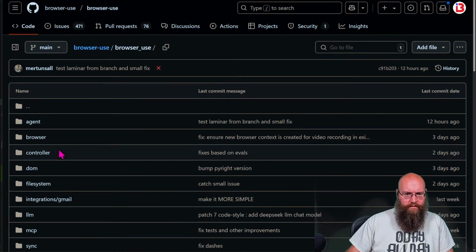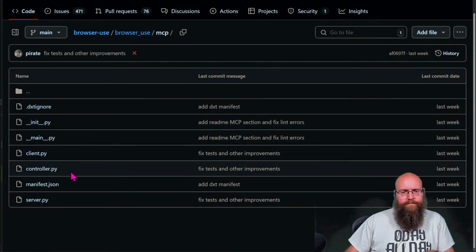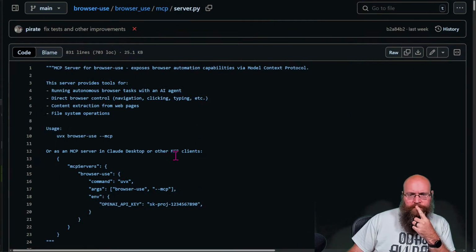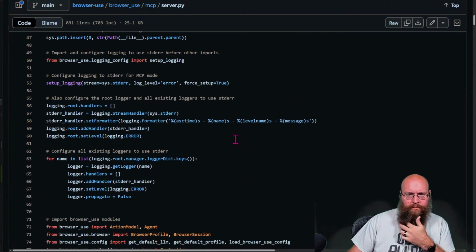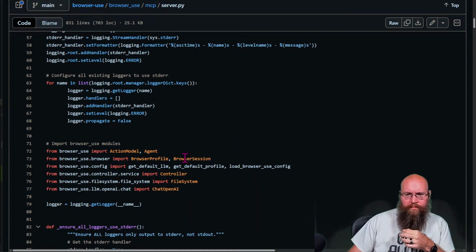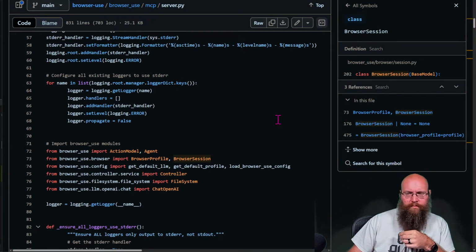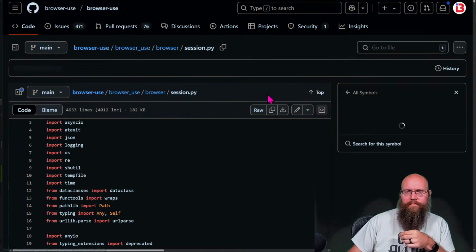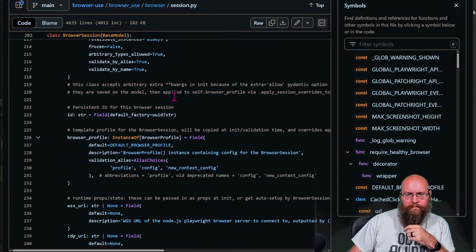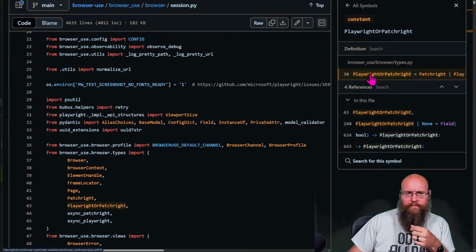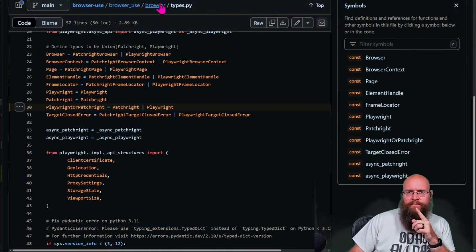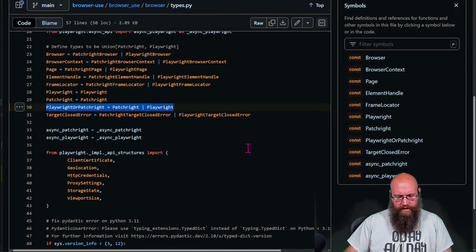Browser use MCP. Let's see, so this is in our browser types, Playwright or Patchright. What does this command do?